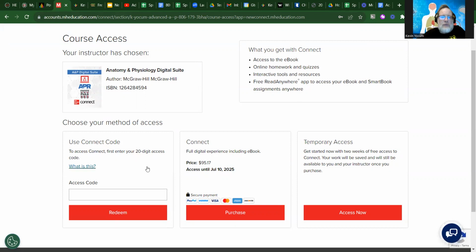If you purchase from the bookstore, this is for the APR suite, so it's a little more expensive. So if you purchase from the bookstore, you need to email. So anyway, if you have trouble getting into McGraw-Hill, email me, okay? Because remember, there's a second link for you. If you purchased it from the bookstore this semester, there's a separate link I have to give you, okay? Anyway,